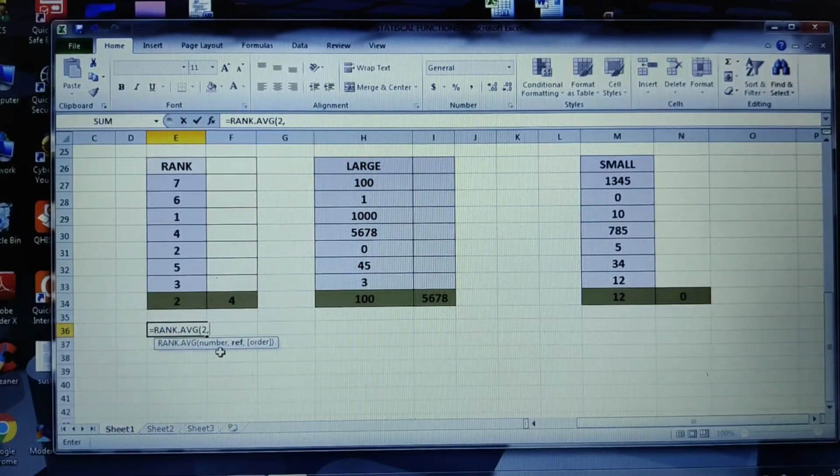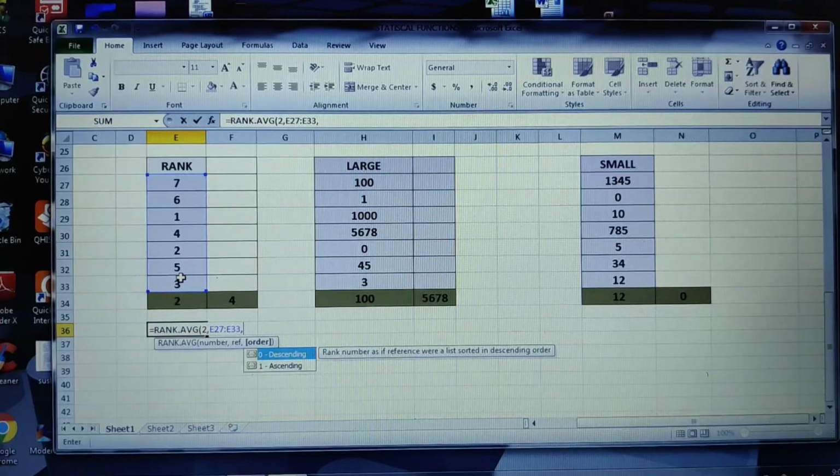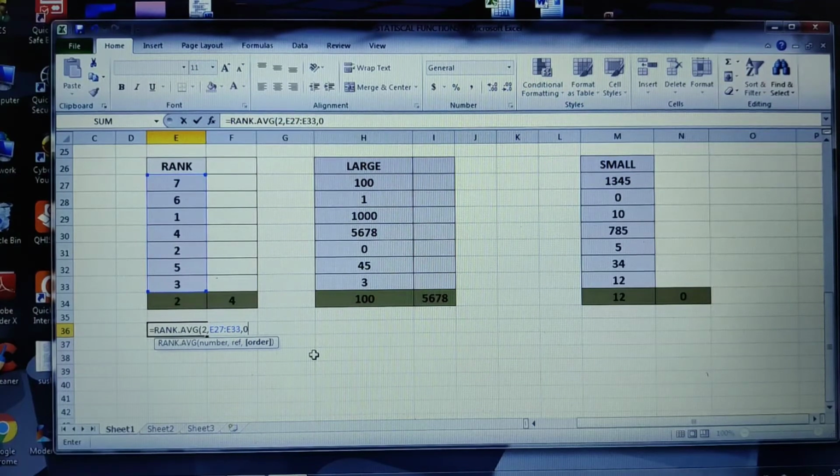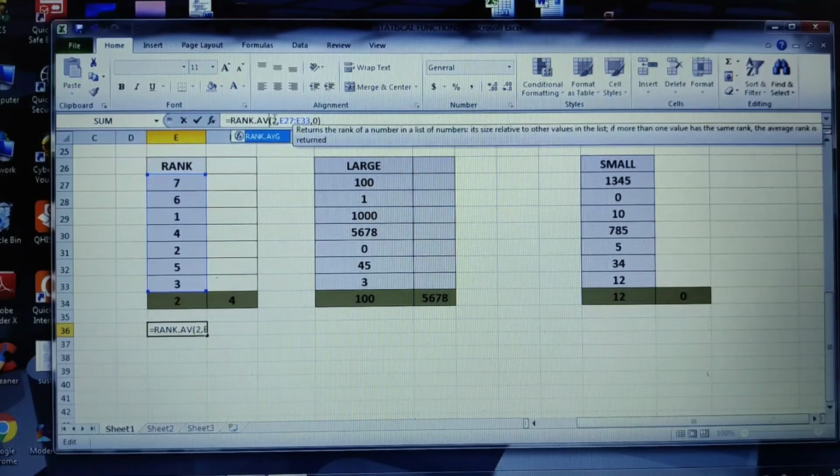Okay, specify the reference, so the range. So select this particular range, comma. Okay, see whether you want to find out the rank either in ascending order or descending order. Here I am going to choose descending order. Alright, so when I choose descending order, by default it takes the value as 0. Ascending will take by default 1. So when I click enter, see here what it is showing. Here I have taken a different function, RANK.AVG, I have taken. So I'll take it as RANK.